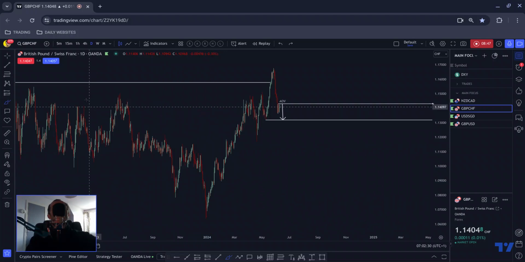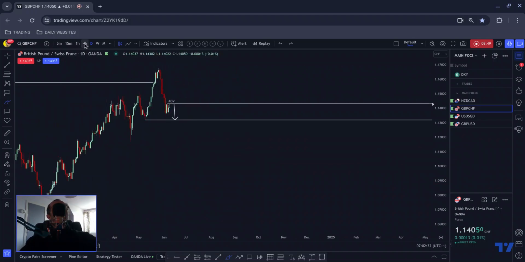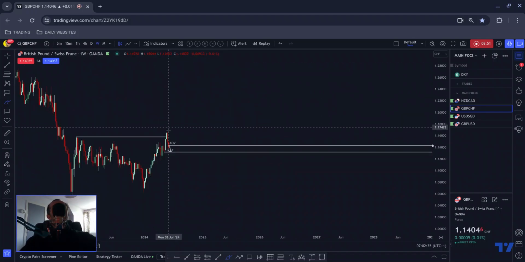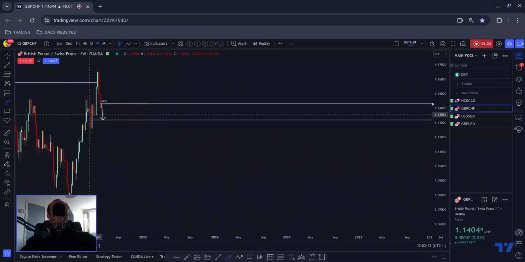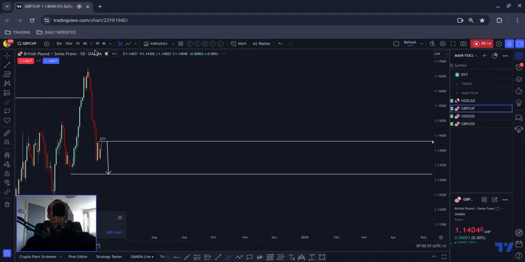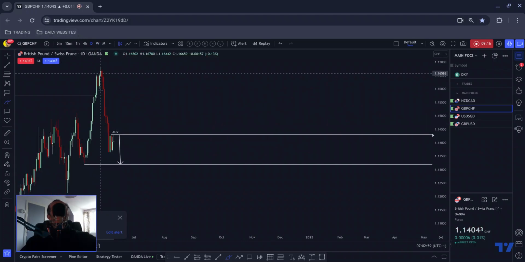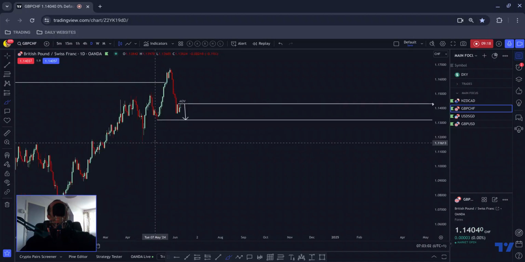Okay, so as we drill down, you can see, so weekly, very solid weekly close, bit of a wick below it. Okay, bear in mind this is pound Swiss, and pound Swiss I'm talking about. Okay, so people reacting to last night's EU elections, most likely. So, but we have a solid candle close there with a bit of a wick below it. Okay, there's your consolidation. So just looking for that impulse correction continuation.